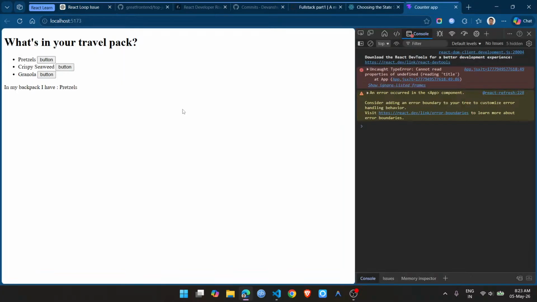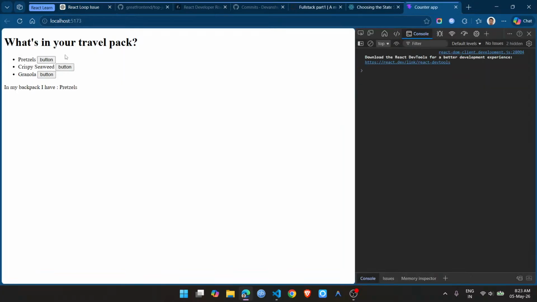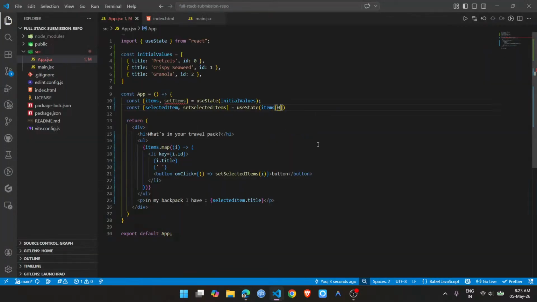So the initial value will always be selected at pretzel. Button Kishwid Granola. So if I don't want that, all I have to do is remove the use state to null, and here,